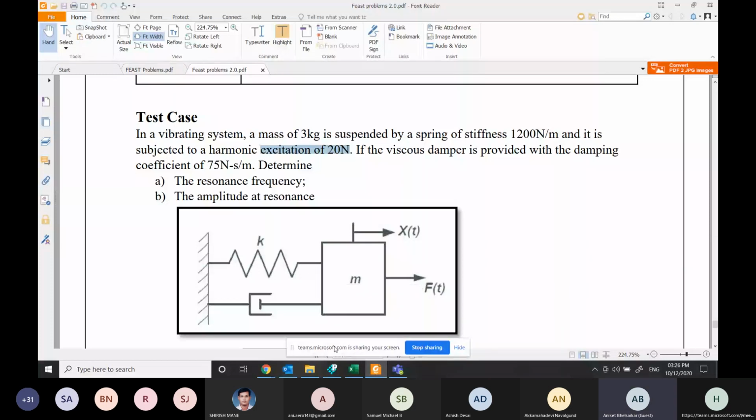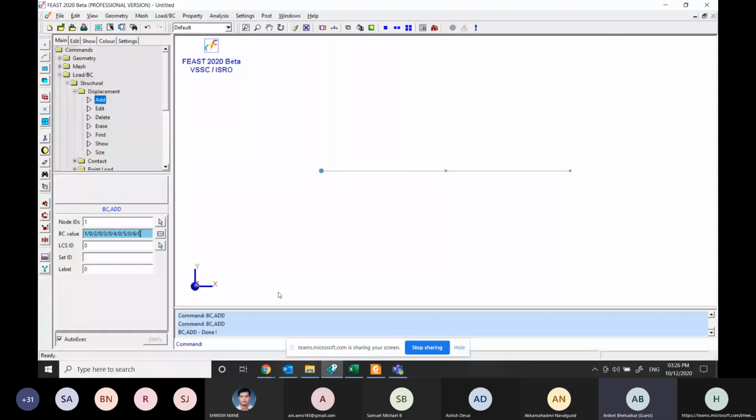The mass will be excited by force of 20 newtons. So for applying the value of this load, you can go to load structural. Go to structural instead of displacement. Here we have the third option called point load. You can go to point load and add.